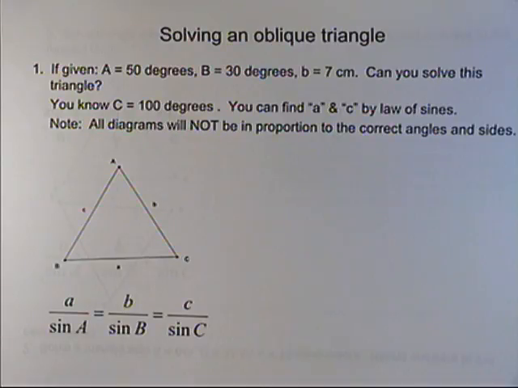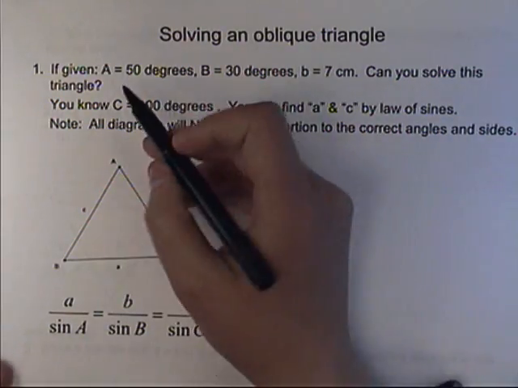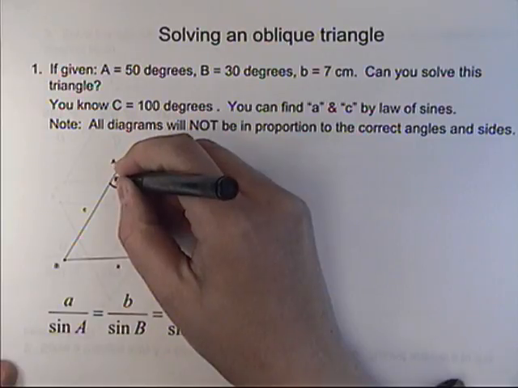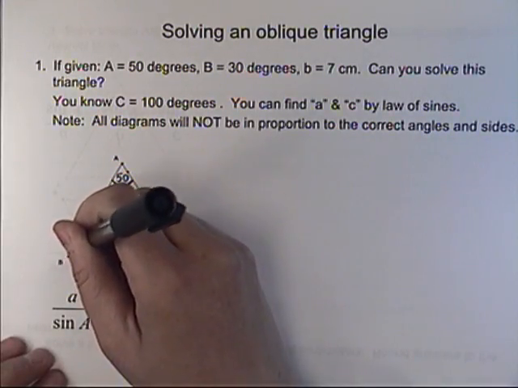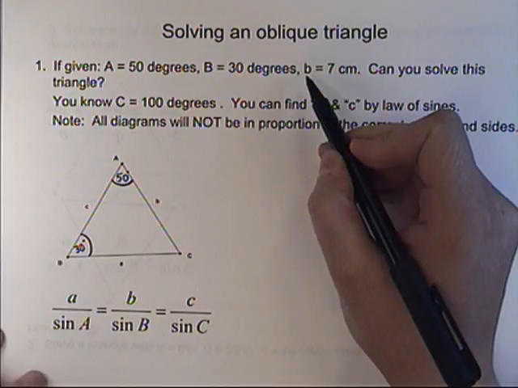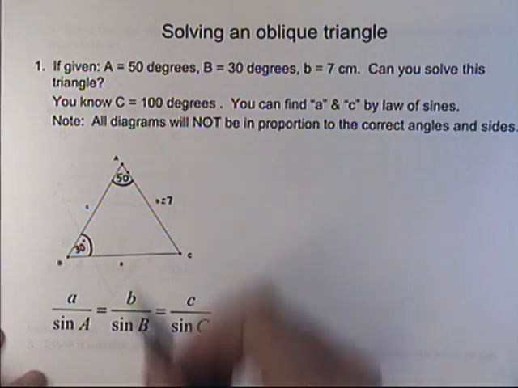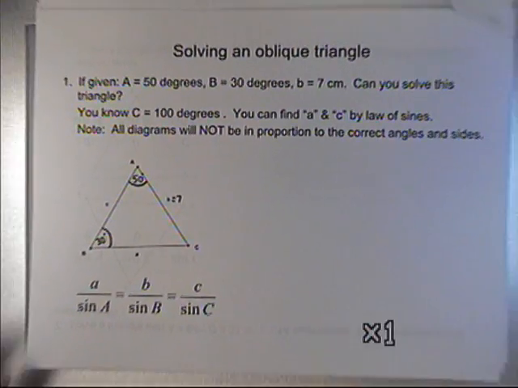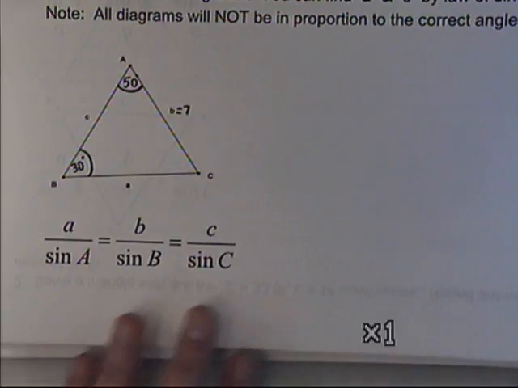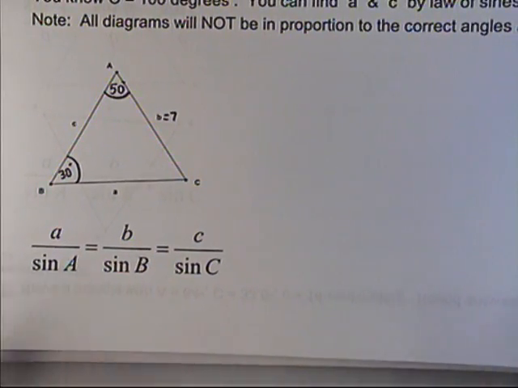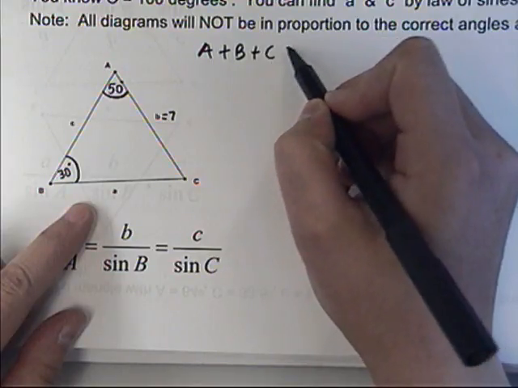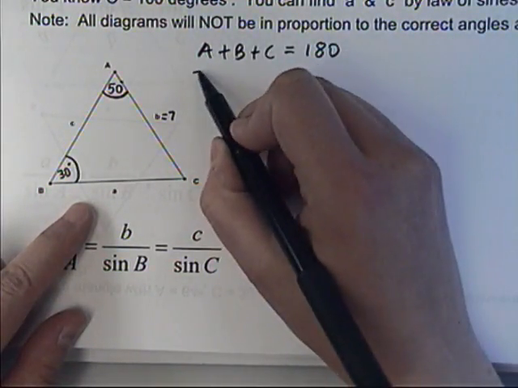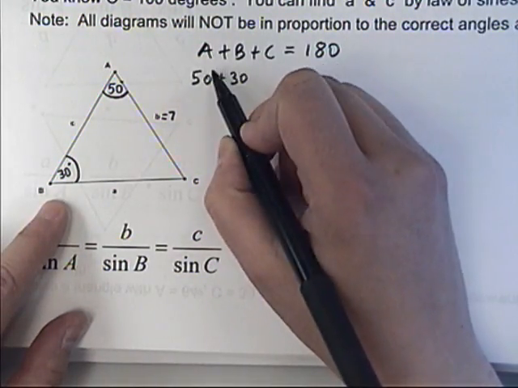So here's an example. If A equals 50 degrees, capital letters talk about corners. So if this corner right here is 50 degrees, capital B, that's the corner B, is 30 degrees. And side B, notice this is lowercase b, lowercase letters represent sides, is 7 centimeters. Then, can we find the rest of the missing parts of this triangle? Well, yes we can. First of all, I know that if I take all 3 angles in any triangle and I add them up, so corner A plus corner B plus corner C, I'm always going to get 180 degrees. So it should be easy for me to figure out what corner C is